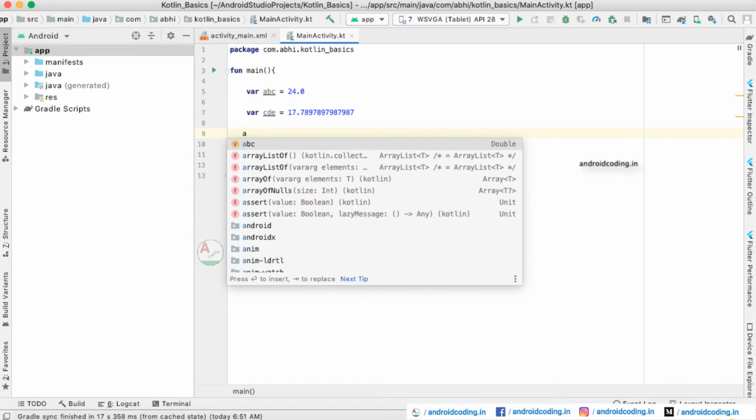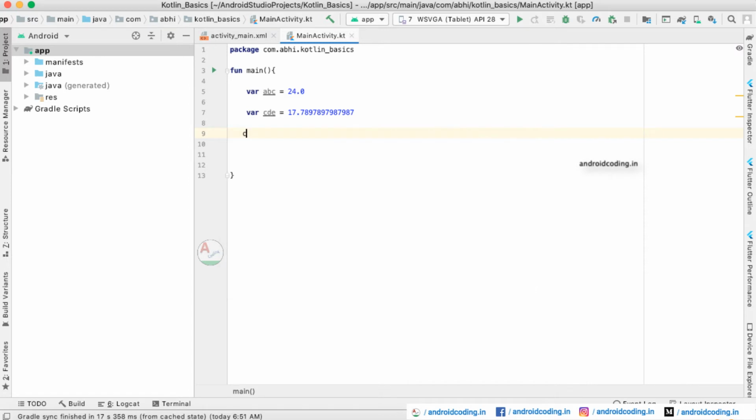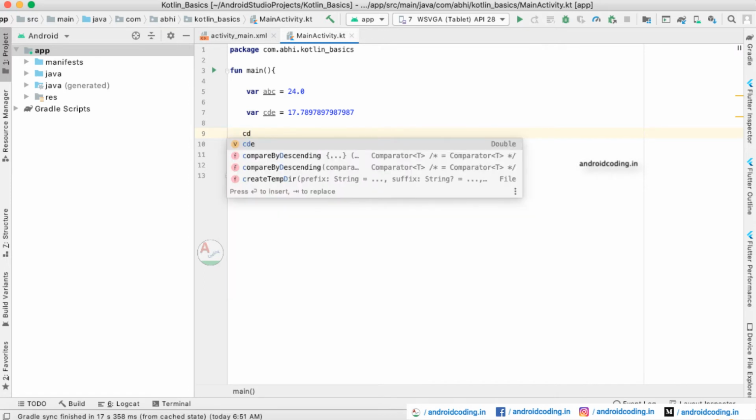When you type a here, you can see abc is of the format double, and the same for cde, it is also a double data type. So now we are having two types of declarations in floating point numbers.